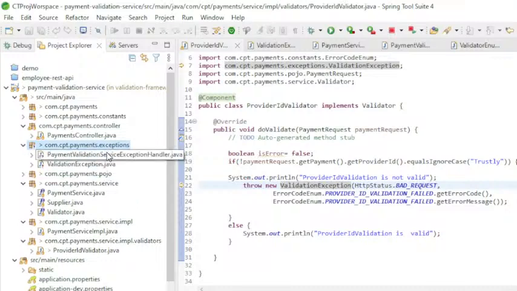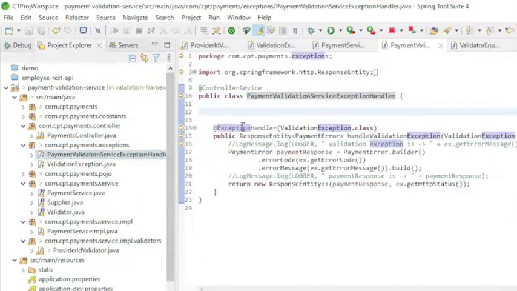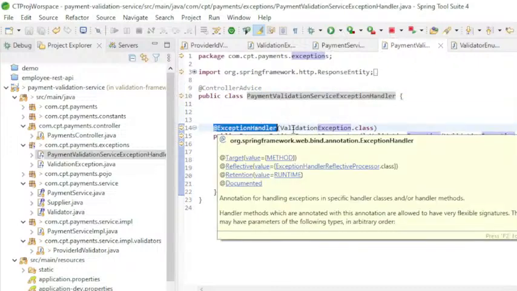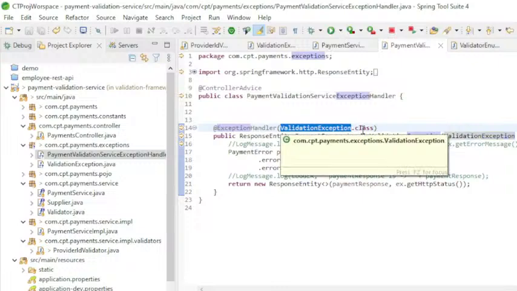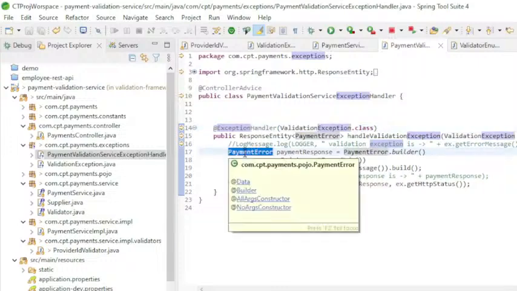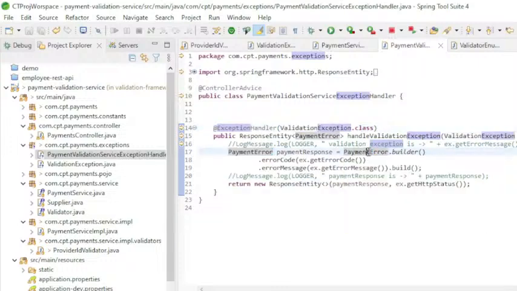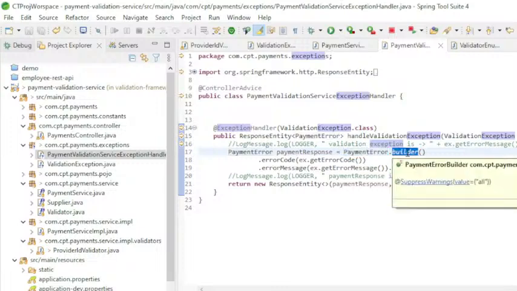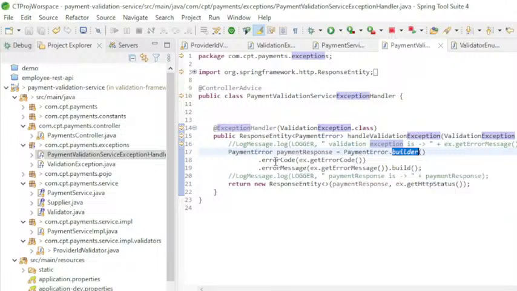It will be fetching for ControllerAdvice and ExceptionHandler. Under this we will have ValidatorException.class. This method comes under this, and it will go to the payment error message, and in payment error message we will have a builder, the builder design pattern, which is used for setting the error code and setting a message to the ex, that is the exception,